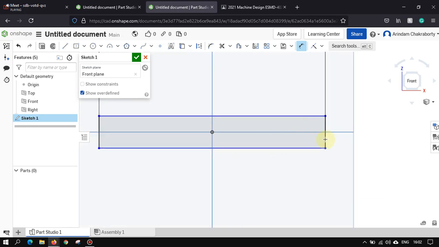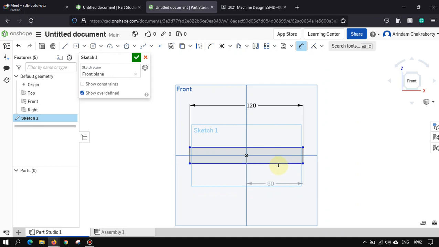Next, from here to center, just give one. It is not mandatory, you can give or you may not. The 60 is not mandatory either, I have done it only to make it symmetric. So from here to here we know it is 25.